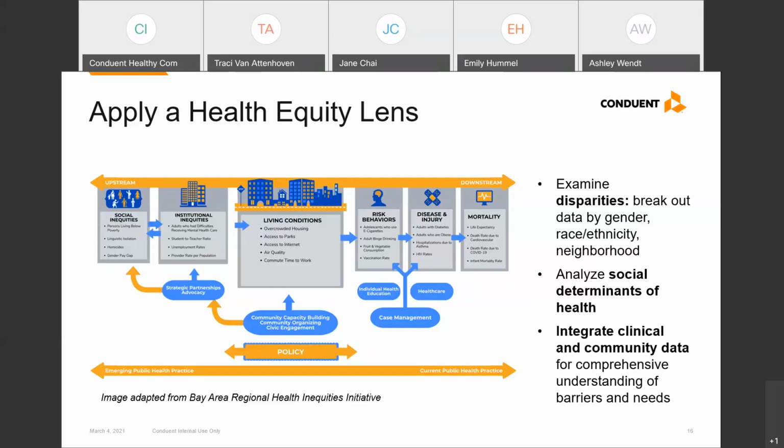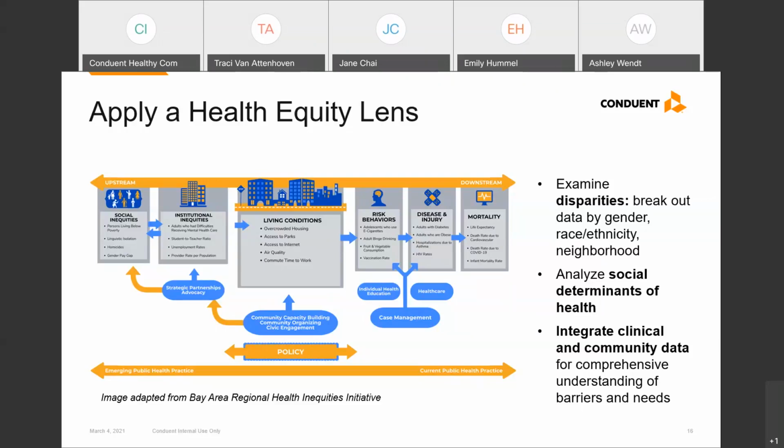But we've also seen increased need and access to health services as individuals lose jobs and employer insurance coverage. There have also been increased needs for food and housing support as a greater number of individuals face food and housing insecurity. Some for the very first time. So this is putting increased pressure on already strapped community organizations and challenges individuals and families who haven't had to navigate these waters before. And it's important that we analyze these social determinants of health to understand this broader context and challenges our communities are facing.